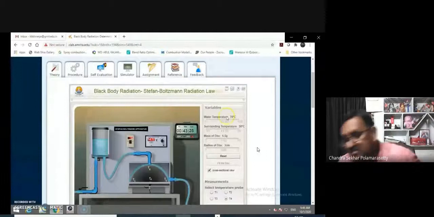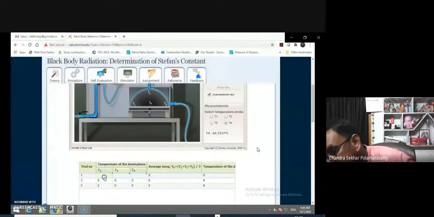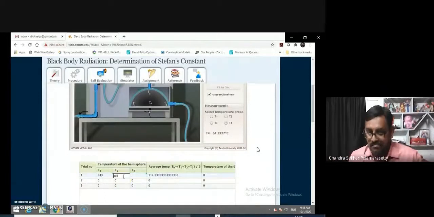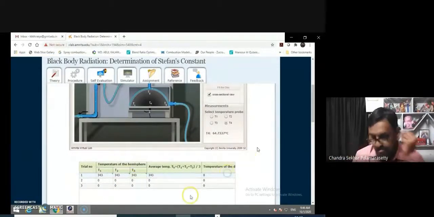So here the program is set. When you click on feed the disk, the timer will automatically start. So you need to note down the results after